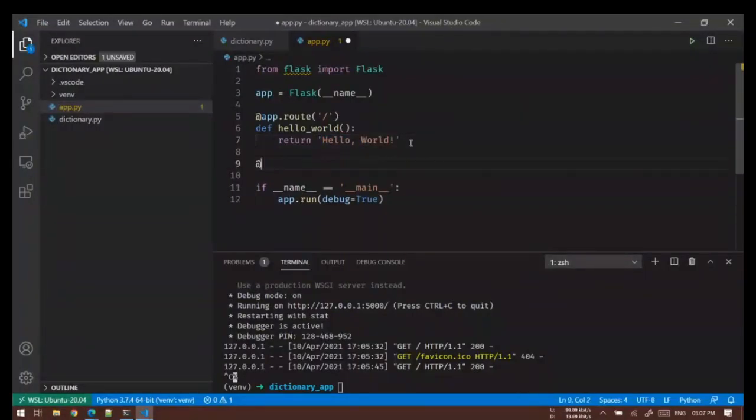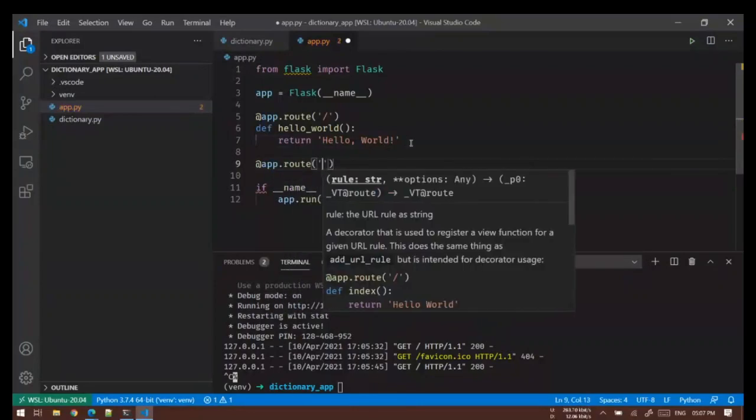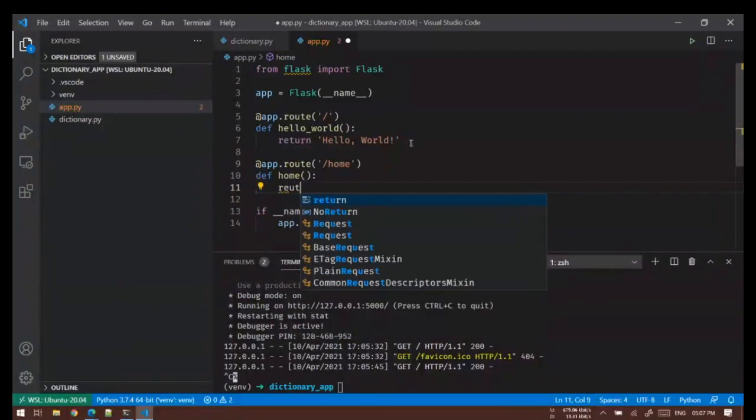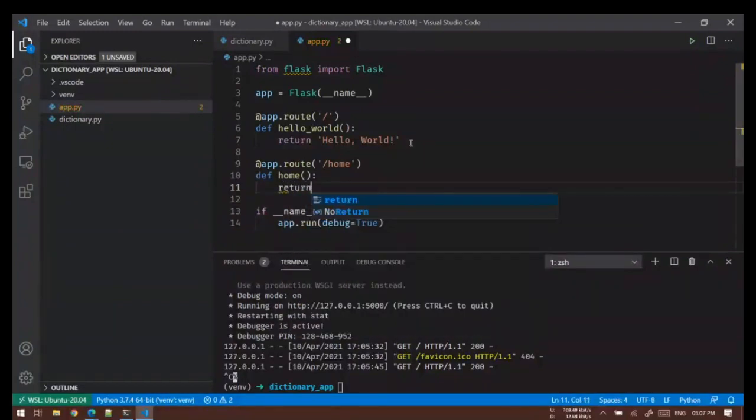So let's create another route, and this will be slash home. Now I can say def home, the function to execute. The home function will return, this is the home page.